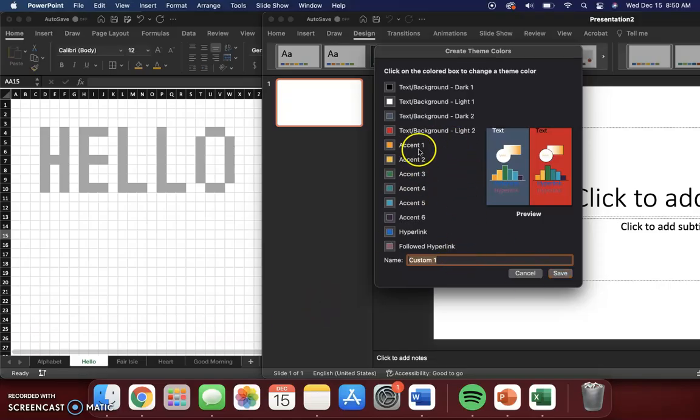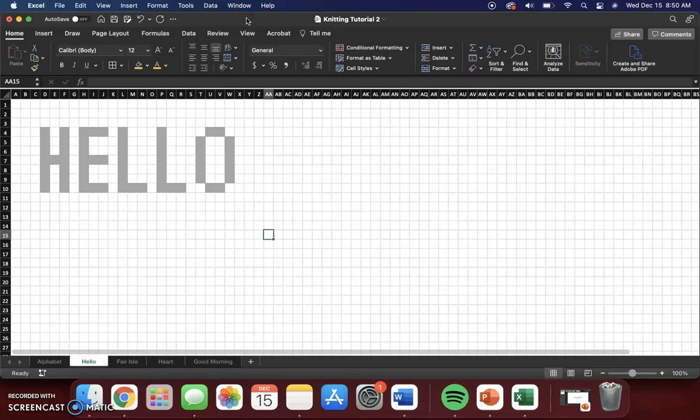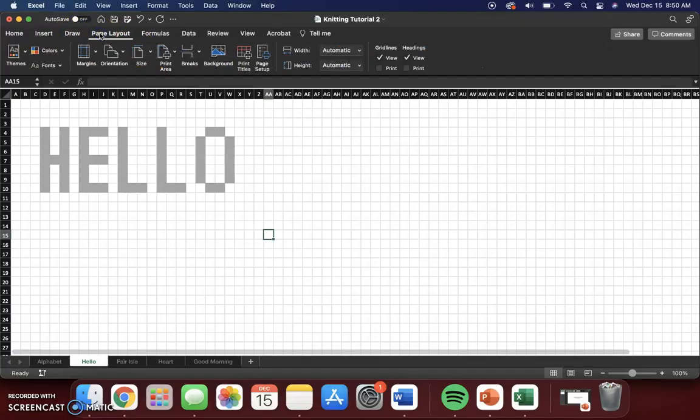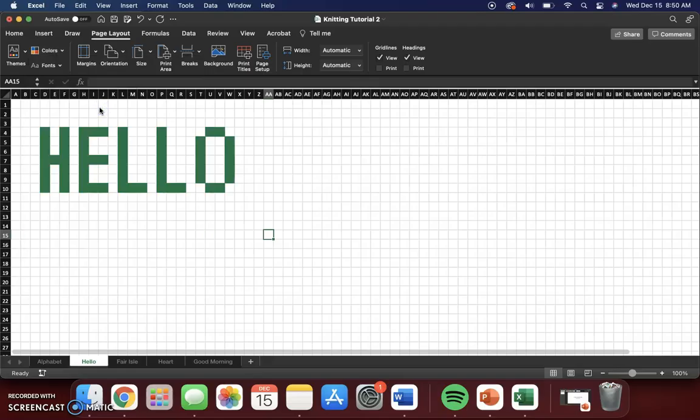And so once you have your theme that you want to work with, you're going to want to rename that to something, I'm just going to call it tutorial example. Save. And then immediately that is going to be already saved to my whole Office suite. So in Excel, if I go over to page layout and then go under colors, there is the theme that we just created together. So hit tutorial example, and now that automatically changes